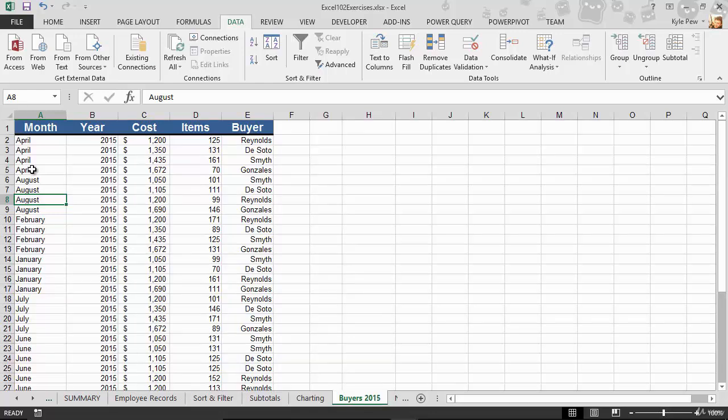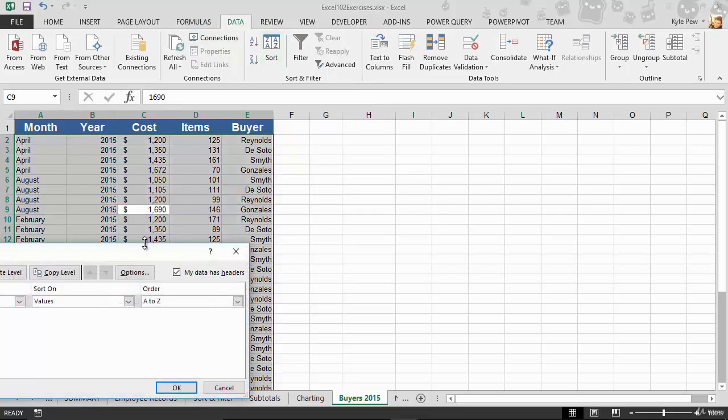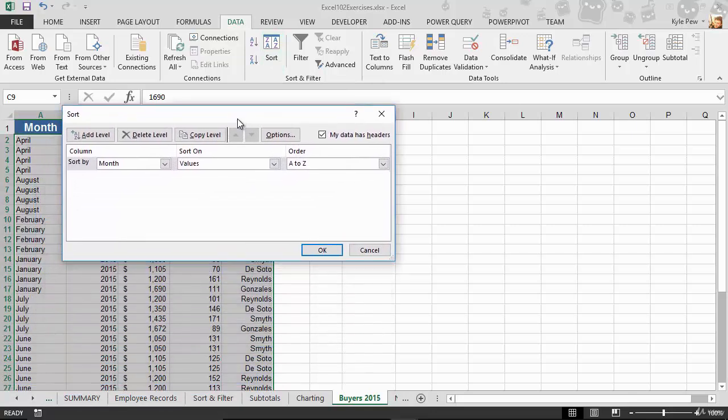I want to sort that column chronologically by its actual month value. So take a look. This is how we can perform a custom sort based on month. Watch this. So first step, I click into my list. Doesn't matter where. The reason why is I'm now going to go to my data tab. I'm going to go to the big sort button. This opens up that custom sort window that we talked about in the previous lecture. Now, I want to sort by month, correct? Bingo. I want to sort on the values, meaning the values that are in that month column, but I don't